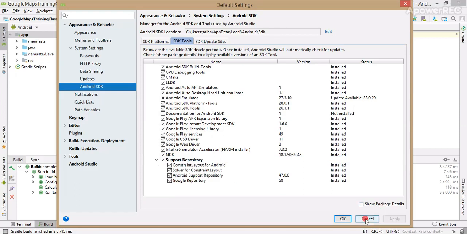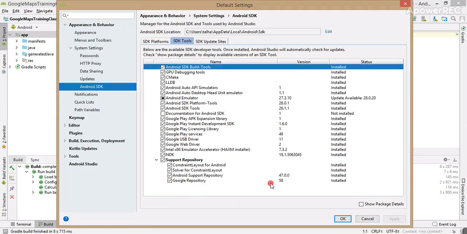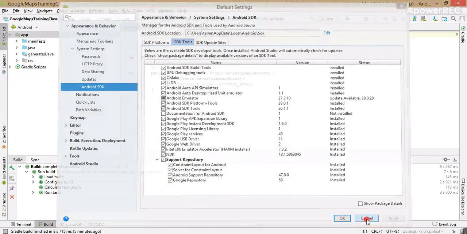If it's installed, then just click on cancel, and if it's not installed, then select Google repository and click OK. Also make sure that you have installed Google Play Services right here. It's installed in my project, and Google repository is also installed. Everything's okay, just click on cancel.